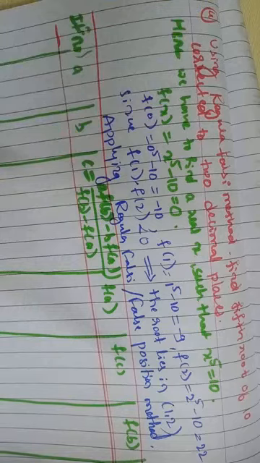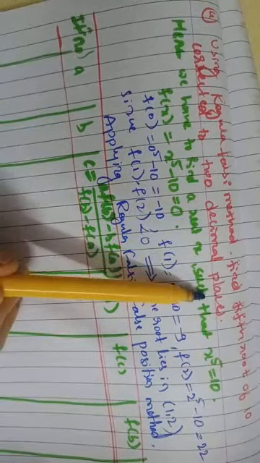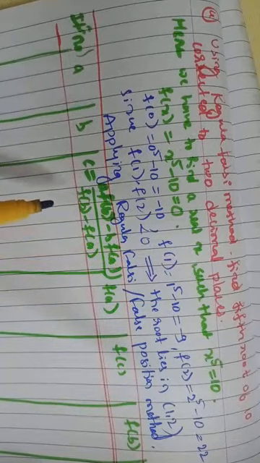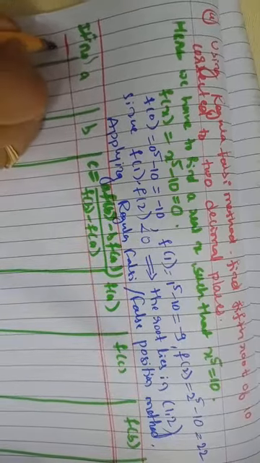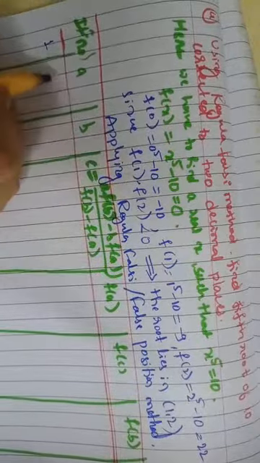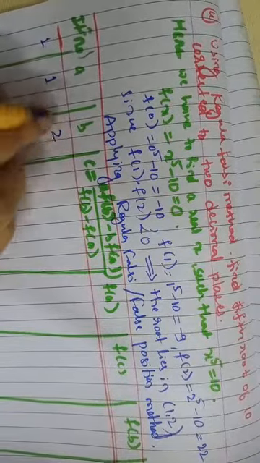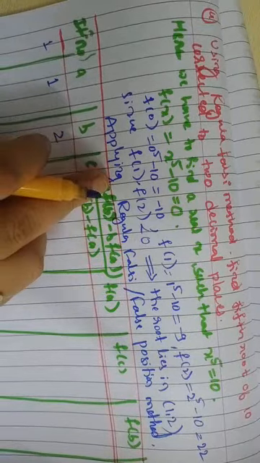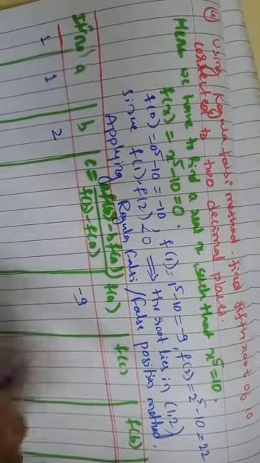So how many iterations we have to do? We don't know until we get two decimal places as the same, means after the decimal point, two digits as the same, we have to carry out this, right? So the first iteration, A value we know, that is the first interval value, it starts with 1, and B value is 2. So when I substituted 1 in this equation, how much I have got? I have got the value minus 9, so that will be my f of A.